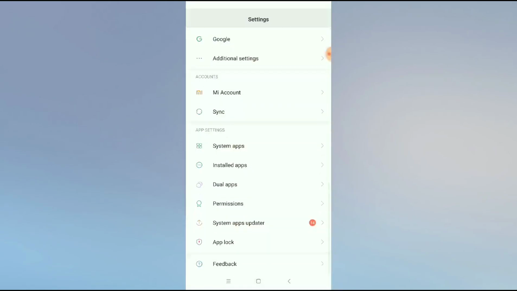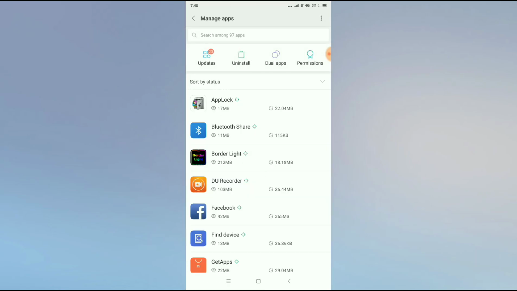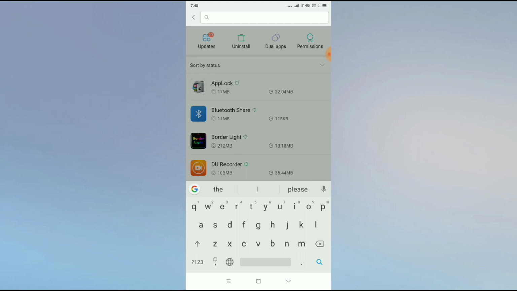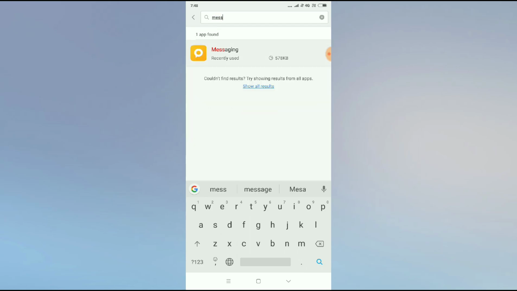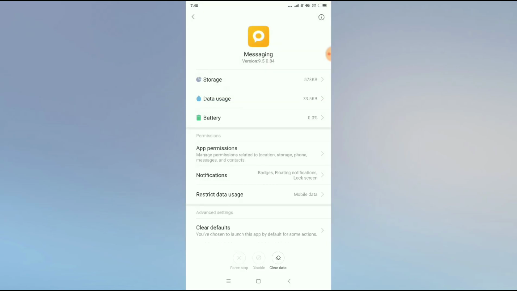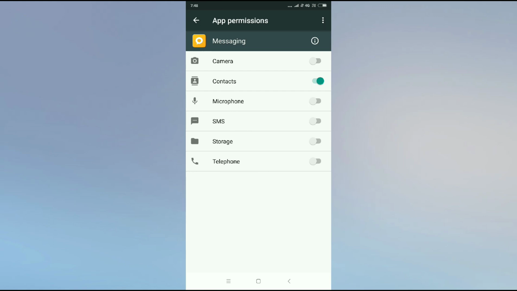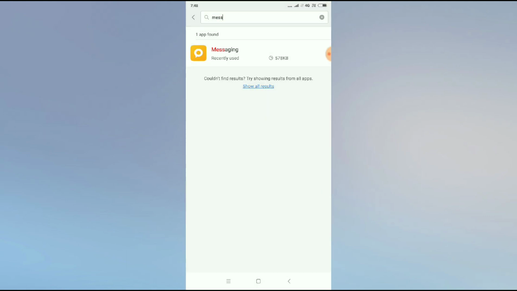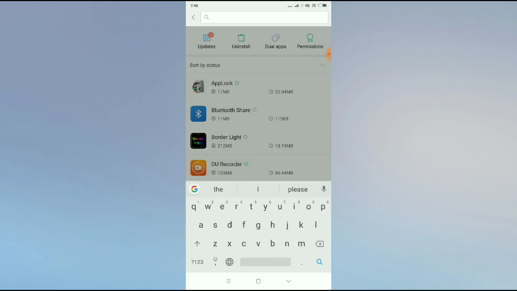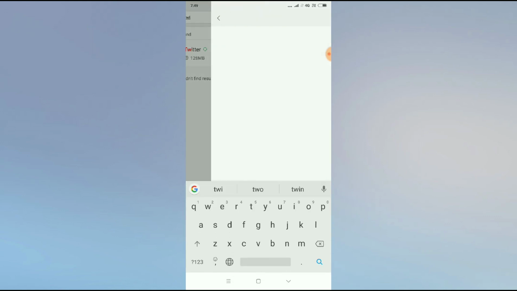Go to your settings and then go to installed apps and then search for message, and here click on it and then go to permission, and then you have to allow SMS, storage, telephone. These three permissions have to be allowed in your phone, and then go back and search for Twitter app, and